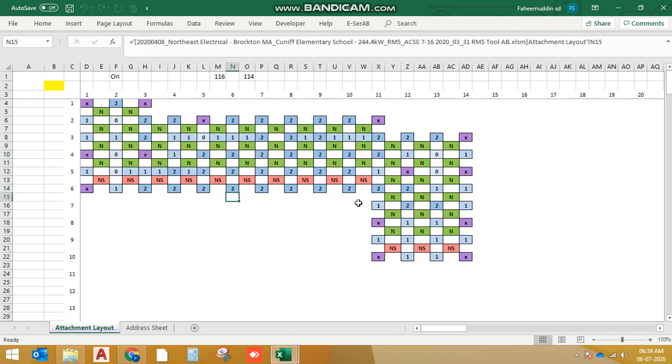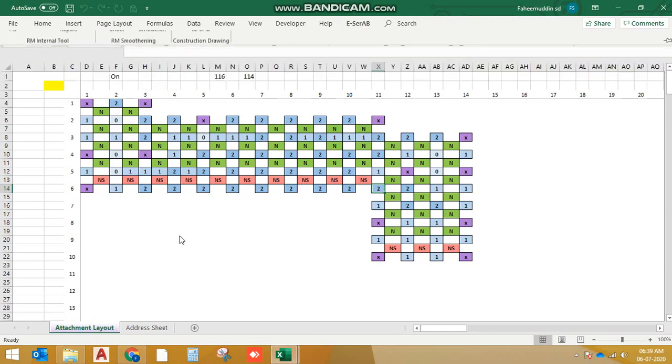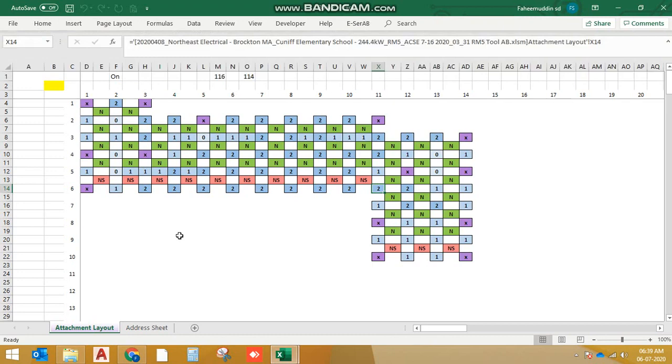Now the most awaited feature, we have auto smoothing here. If I click on auto smoothing, all the base and supplementary base will get smoothened. Make sure of 2 things before running auto smoothing. Number 1, you should finish all the attachment patterns first. You should give all the attachments. After running auto smoothing, you cannot give any attachments, because if you give any, the manual overrides will still exist.